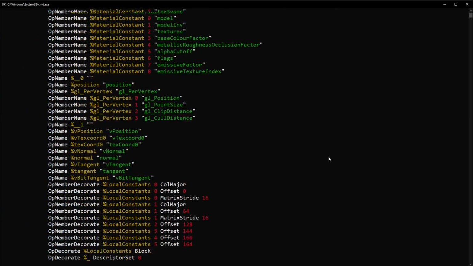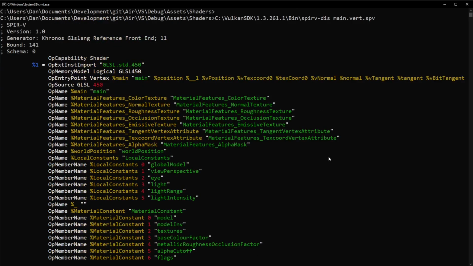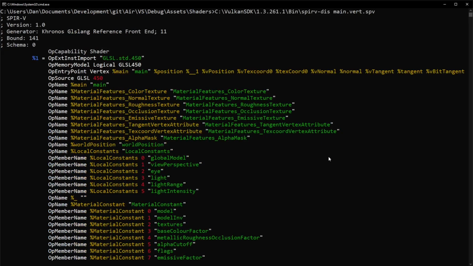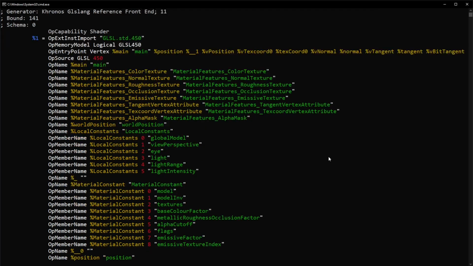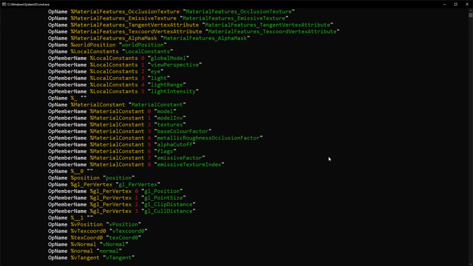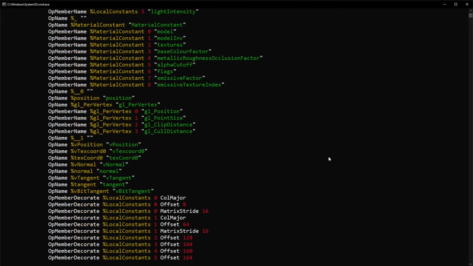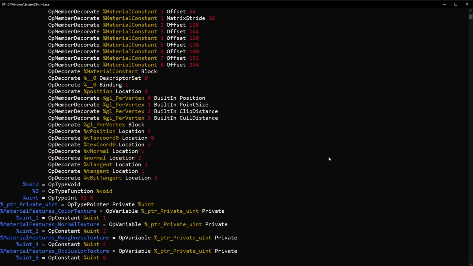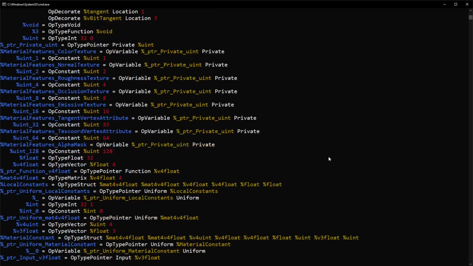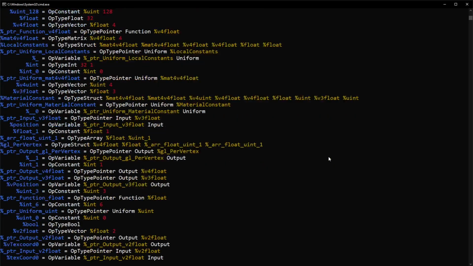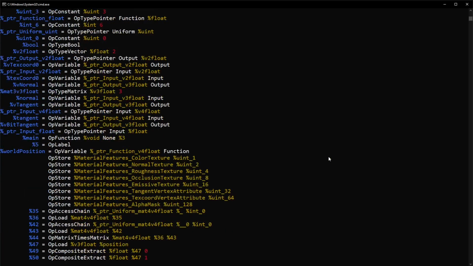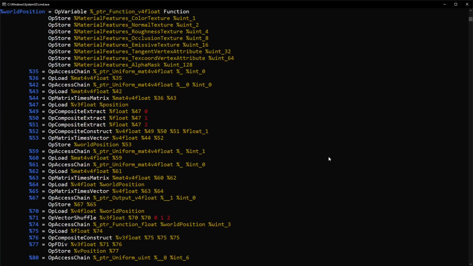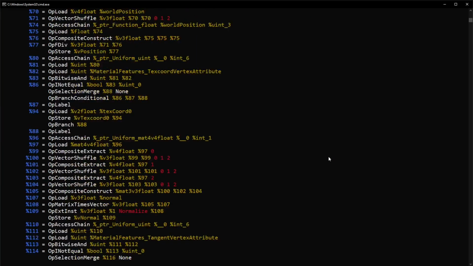So in the graphics pipeline, for example, I can set up a transparent material that has back face and front face culling. With the parsed data, we also work out how many descriptor sets we need. By finding the uniform opcode in the parsed data, we can also create the descriptor set layouts. Additionally, while parsing this code, we create binding entries and store the values for each binding. And finally, we get out the resource type for each binding.